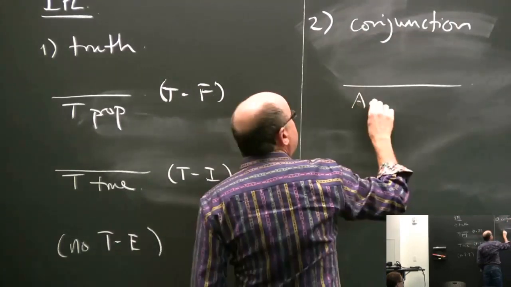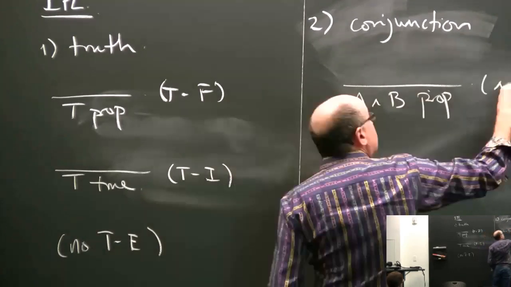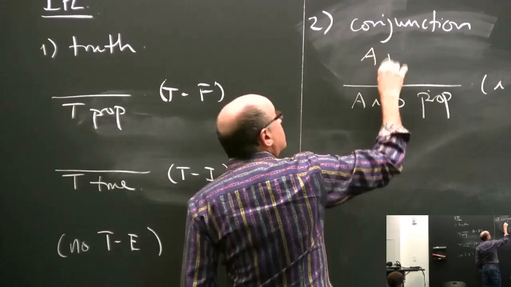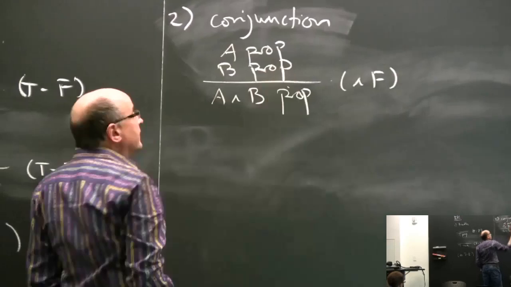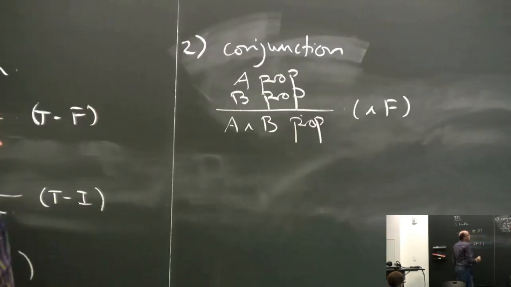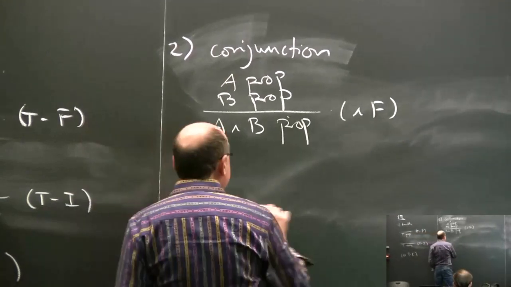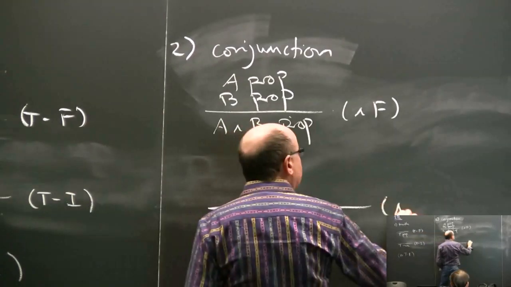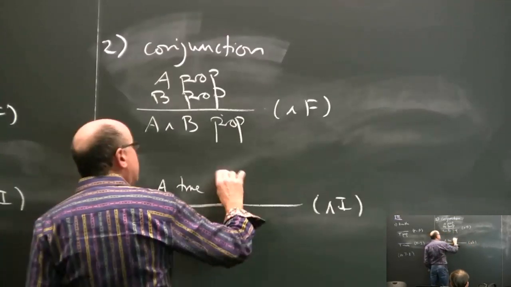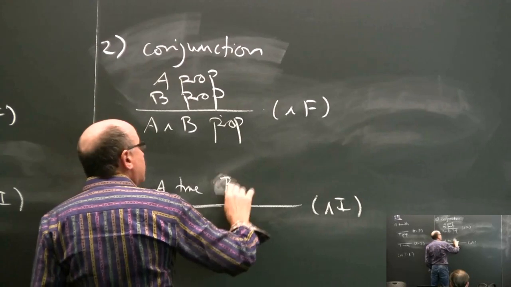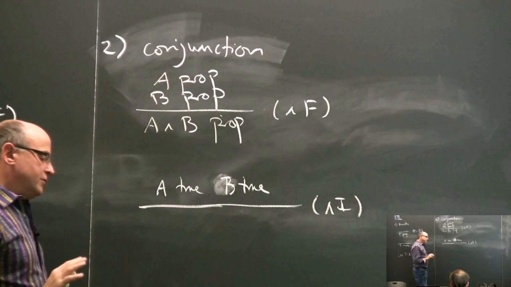So we said that A and B is a proposition. So this is the formation rule. If A is a proposition and B is a proposition, so that's simply a rule of grammar, if you will. What sort of things constitute propositions? And then we looked at the introduction rule, which says that the truth of a conjunction, and then, okay, I will tip my hand a little bit here. I'm actually playing a little trick on you.